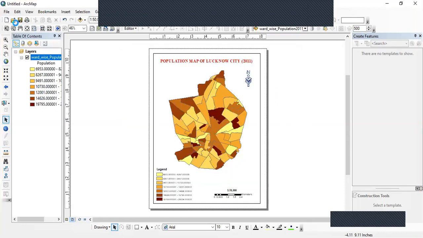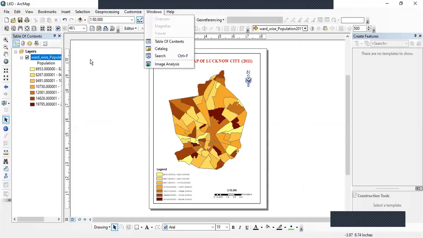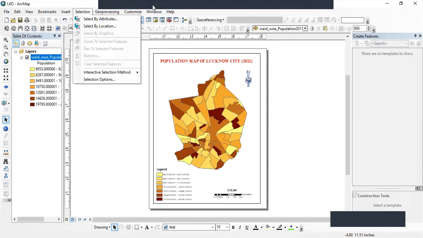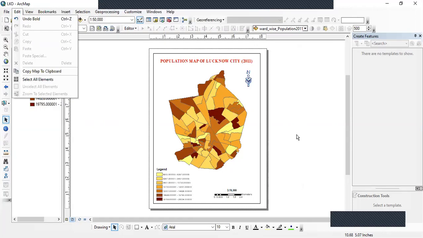The next most important part is to export this map. As we all know, if we give this MXD, as we prepared over here, to someone who does not have ArcGIS installed in his laptop or computer, then they are not going to be able to view this map.